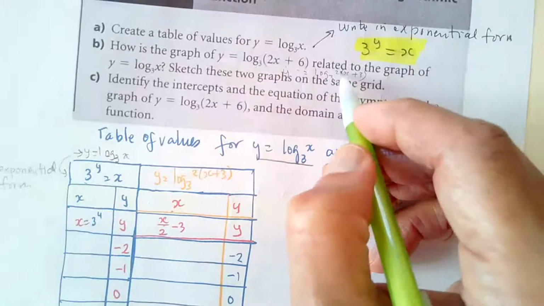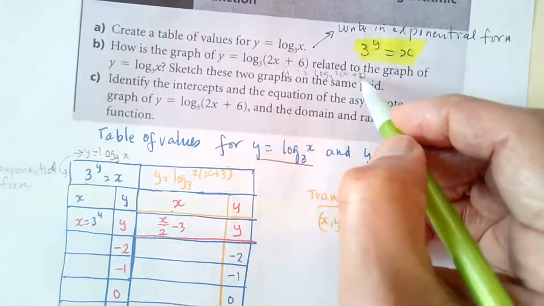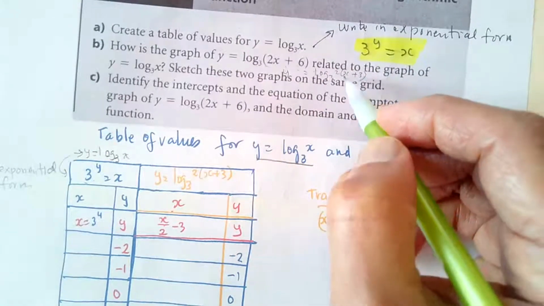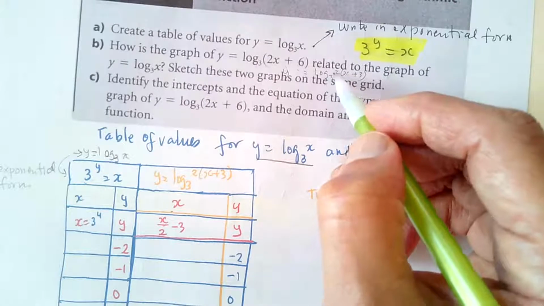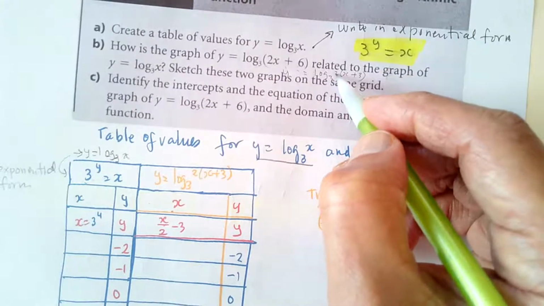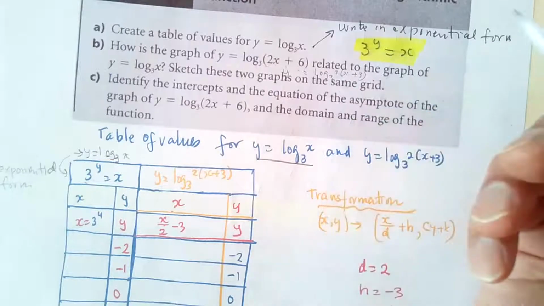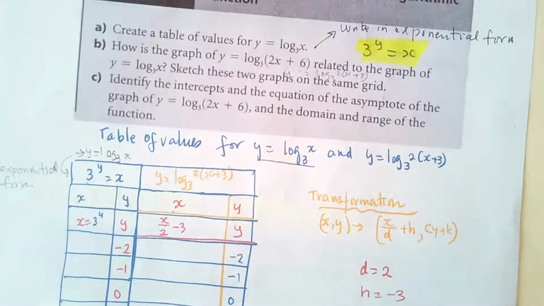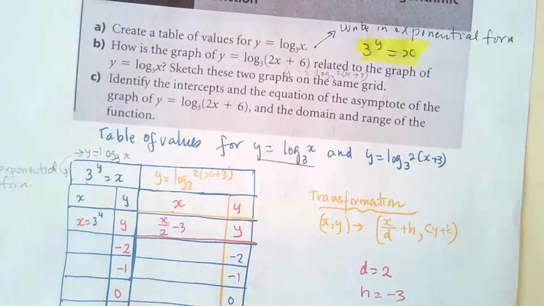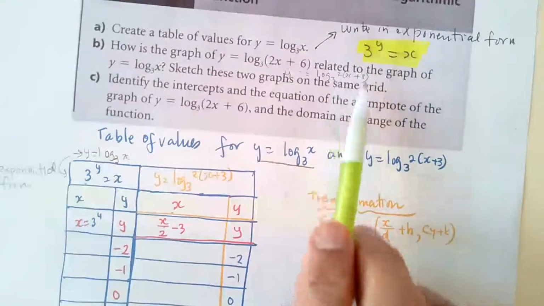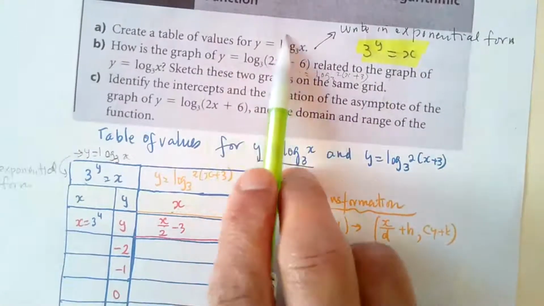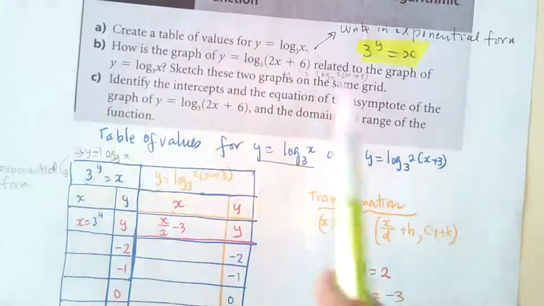So don't forget that we need to factor out. So this is a shift of 3 units to the left. We have a horizontal compression of a half. But before I go on to the transformation, let's create a table of values for